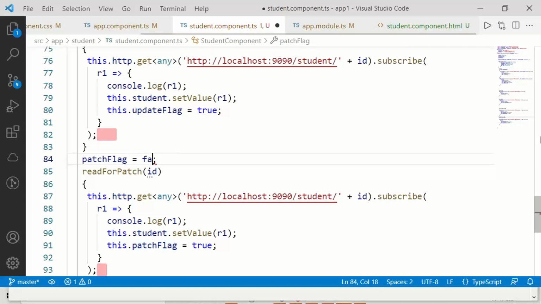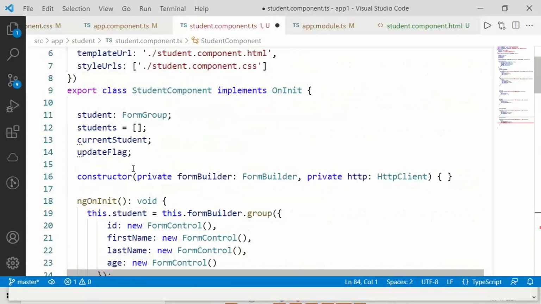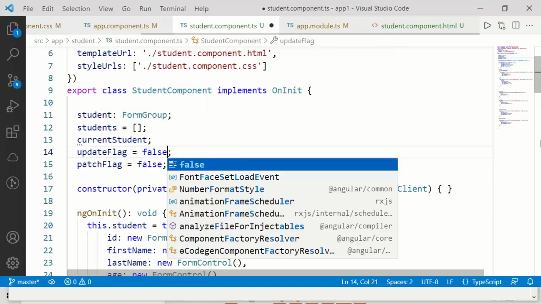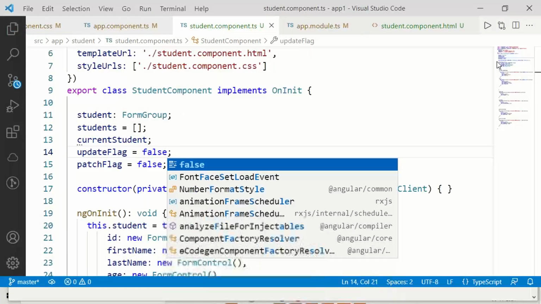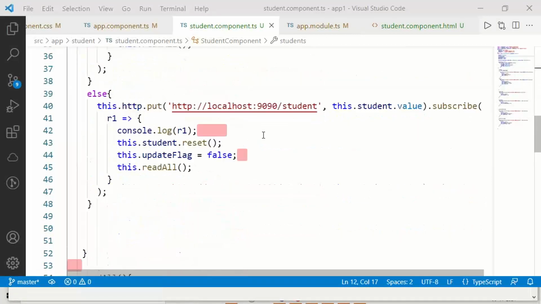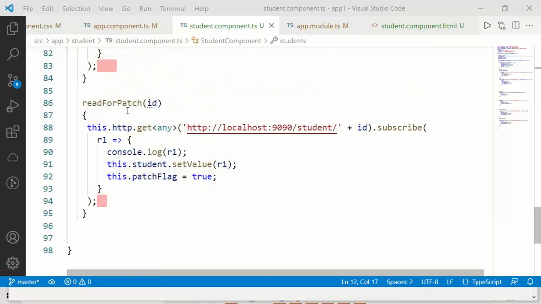Initially, let it have false, like an update. Read for patch, patch flag.